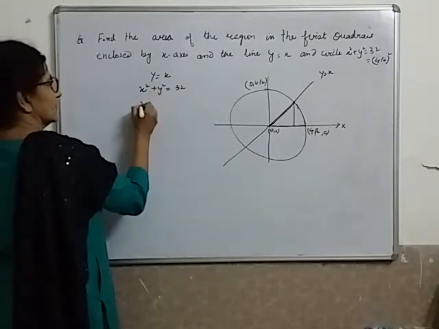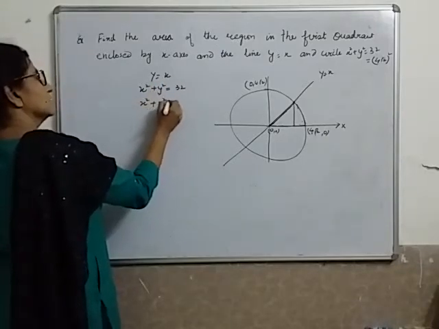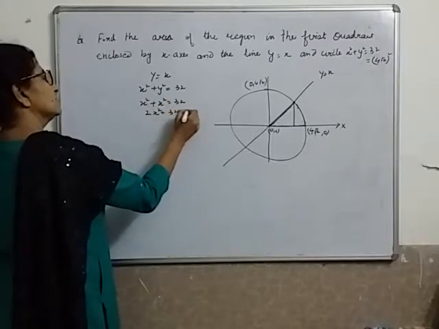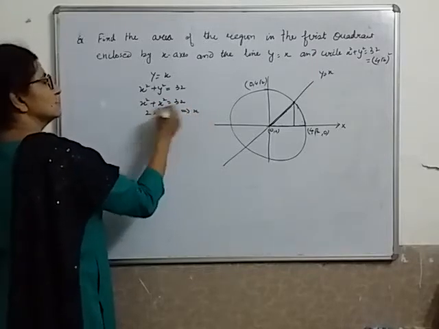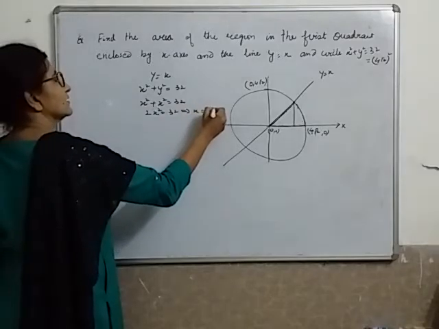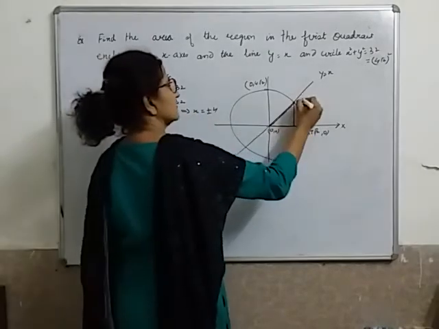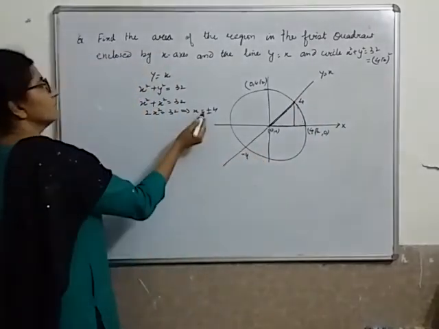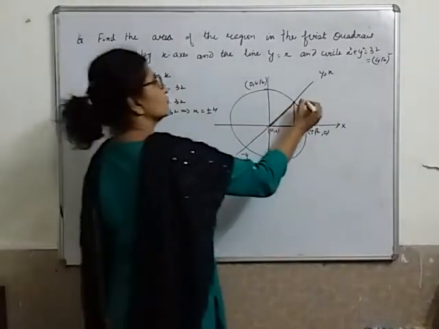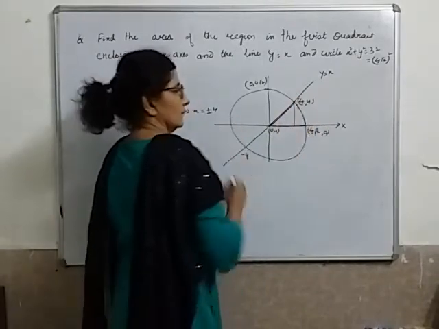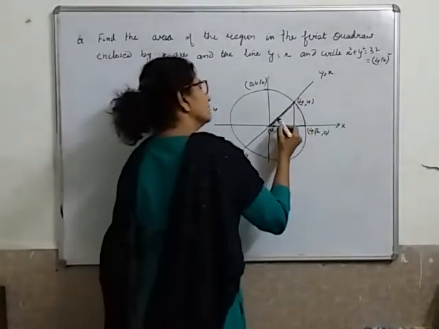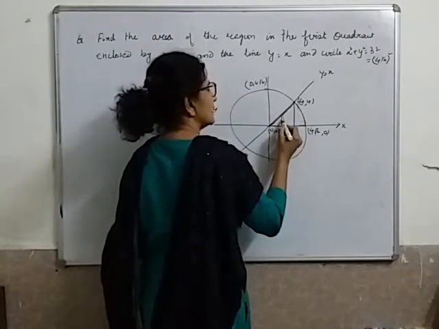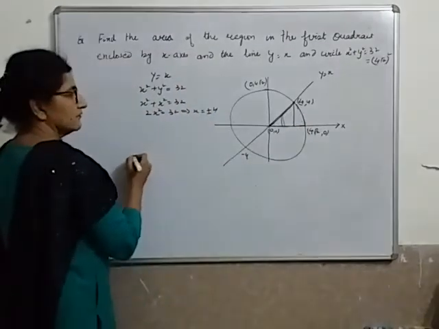In place of y, let's put x in the circle equation: x squared plus x squared is equals to 32. So 2x squared is equals to 32. It gives me x squared is 16 and then x is plus minus 4. So this point's x coordinate is 4, this x coordinate is minus 4. When I put y equals to x, this will be 4 comma 4. Fine. Now I have to calculate first under this. So it will be dx, this will be y. I am not writing it every time.